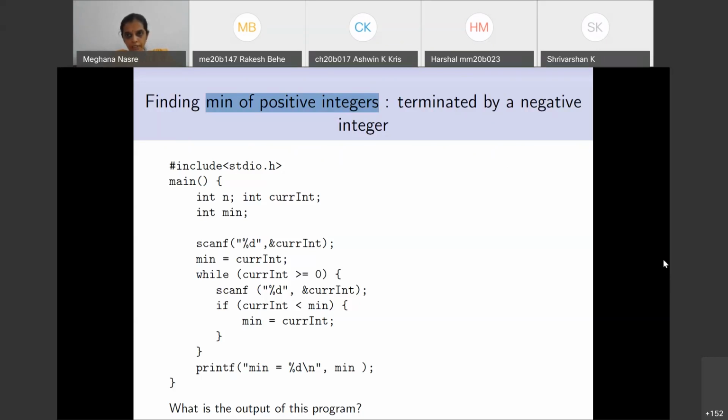Yes, I have a doubt, ma'am. This is Kanikeshwar, ma'am. Here actually we need to input values for scanf for the current int. So will we be inputting values like 2, 4, 6 and going on like that? Because there is no printf statement. I don't know where to stop.